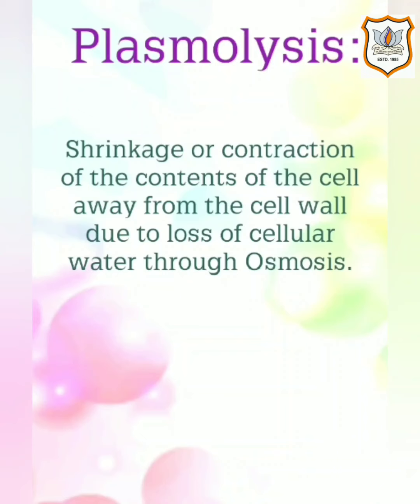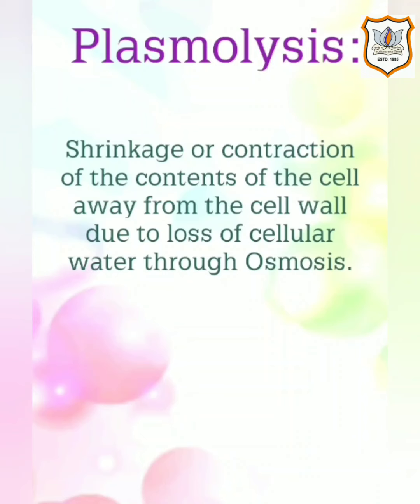In the second case, now place some leaves in boiling water for a few minutes, which will kill the cells. Then mount one leaf on a slide and observe it again under the microscope. Put a strong solution of sugar or salt on the mounted leaf on the slide. Again wait for a minute, then observe. So what will we observe? It appears that only living cells and not dead cells are able to absorb water by osmosis. This is our plasmolysis process.